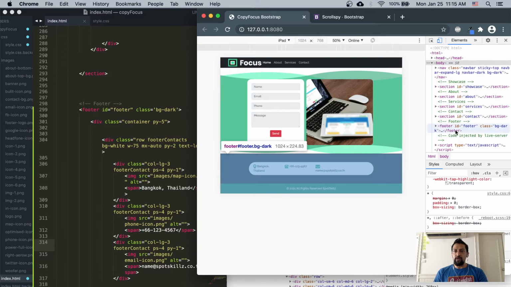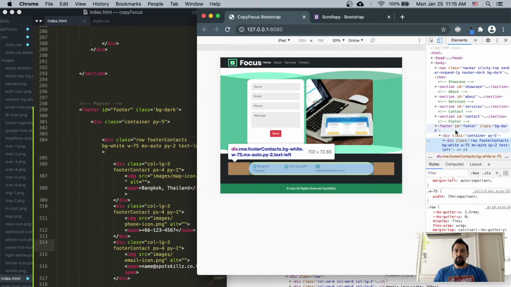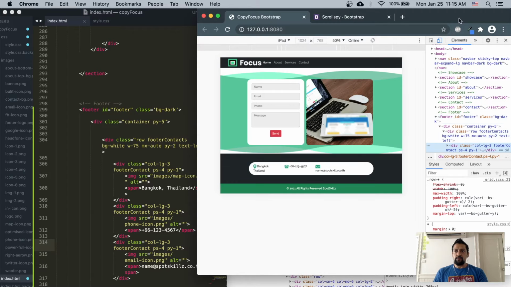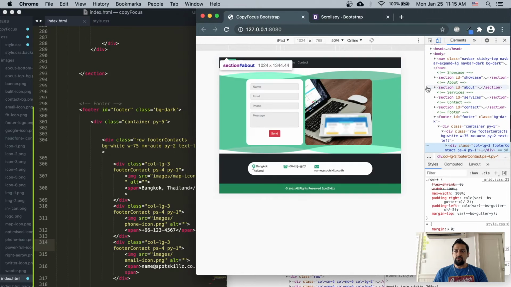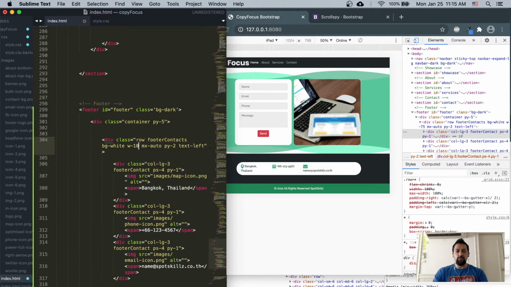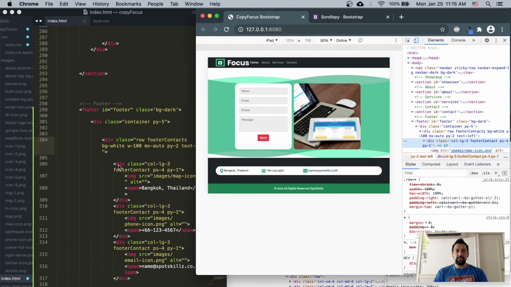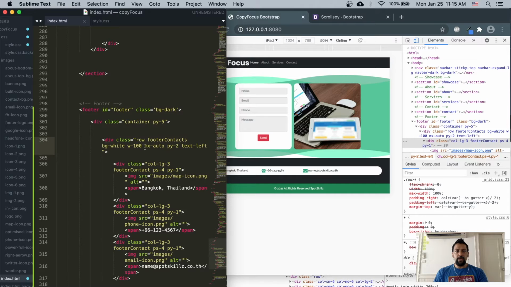And let's see what's going on first. So going to footer, container, row, and give myself some more screen real estate here. There we go. So we have this one, and this one. So my width is at 75%. Maybe I want to change this up to 100, and that will give me more screen space. And I want to do a justify content. So I want to have all of these